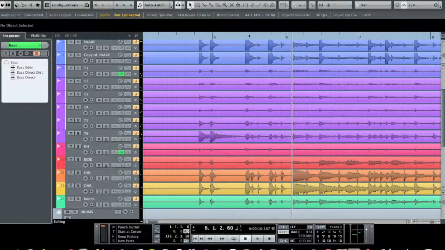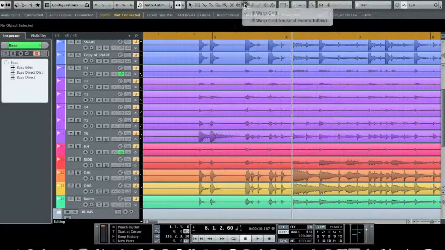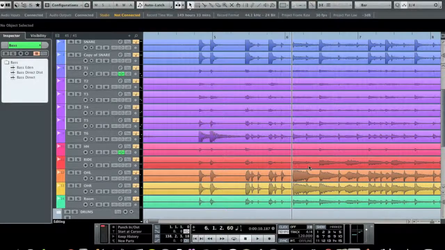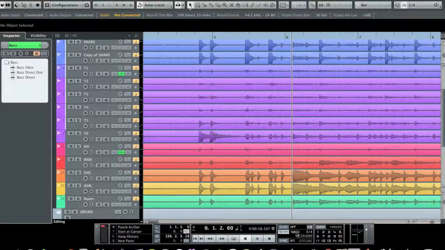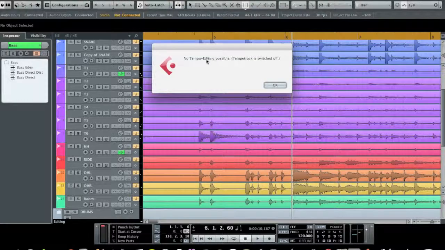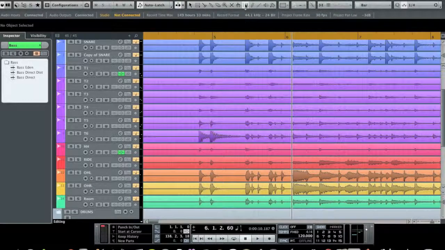So since we know this is where measure 5 is supposed to be, we're going to turn on Time Warp. Before I turn on Time Warp, and this is very important because this won't work, this down here has to say tempo, or this has to say track and not fixed. If it says fixed, this will not work. And actually, I'm pretty sure if you stick it in here, yeah, see, it'll yell at you. So if it yells at you, you need to have the tempo on track. It's very important. So we're just going to grab measure 5